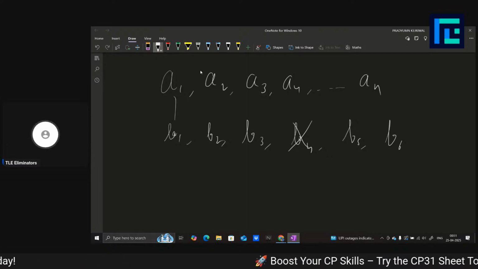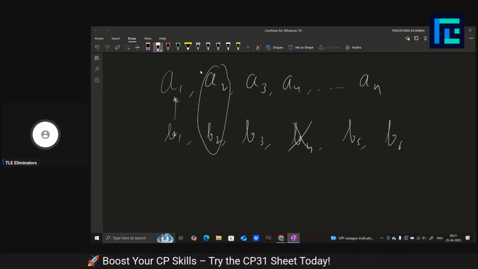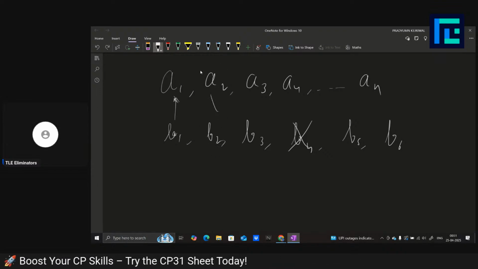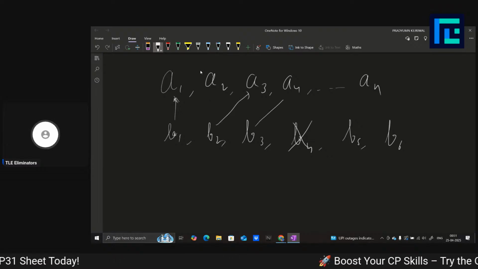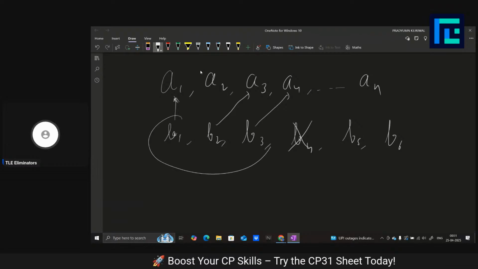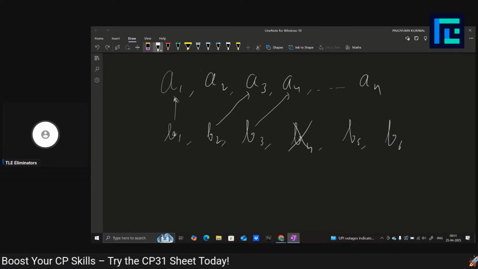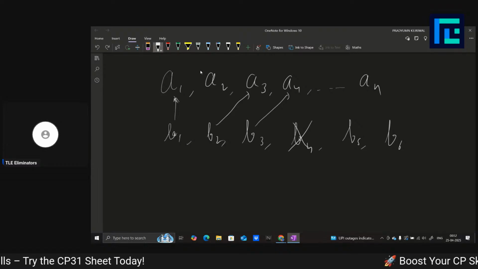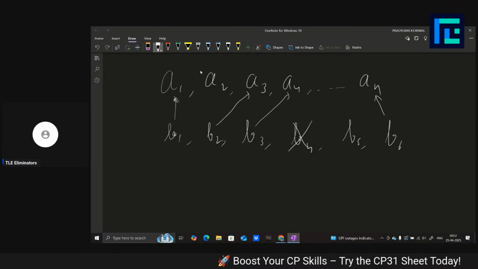So I can map this b1 to a1. Then let's say this a2 is actually less than b2, so I cannot map it here. So let's say I can map b2 to a3, and then I can map b3 to a4. Okay, so this is how I can map this b1 to b3. And now let's say if I want to map b6, let's say I map it to an, and